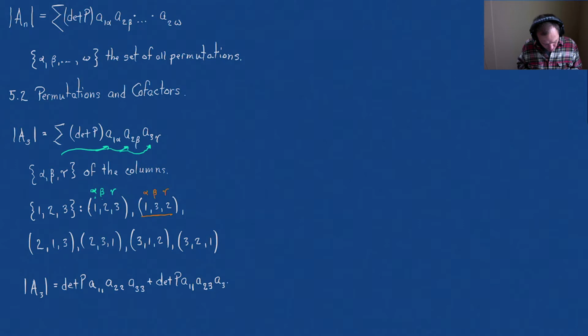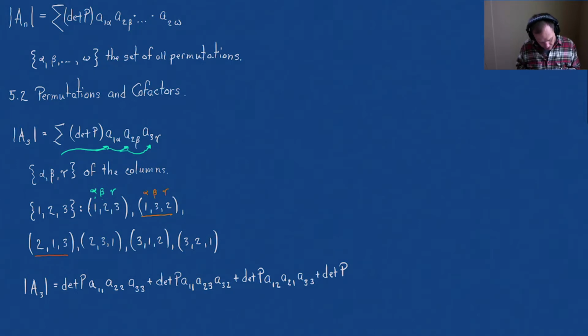A3 sub 2. Plus the determinant of P times, and now we use our next permutation. Our next permutation is this one, the 2, 1, 3. So that's going to be A1, now we use the 2. Then A2, and now we use the 1. Then A3, and now we use that 3, plus the determinant of P,